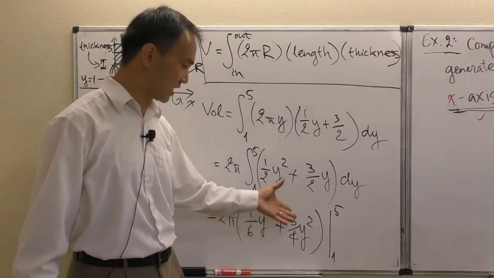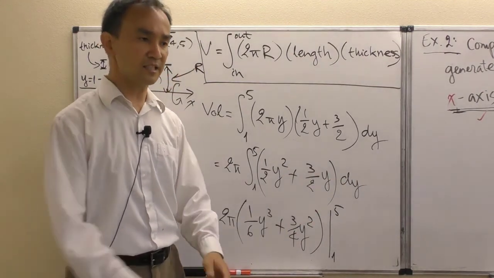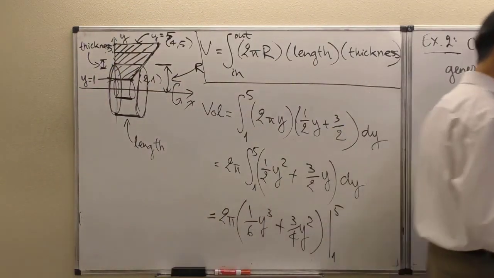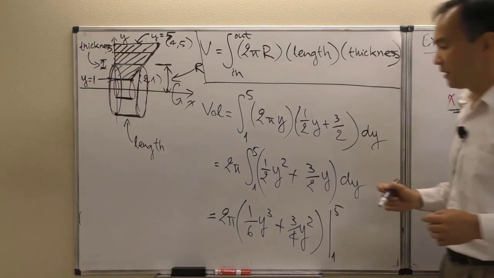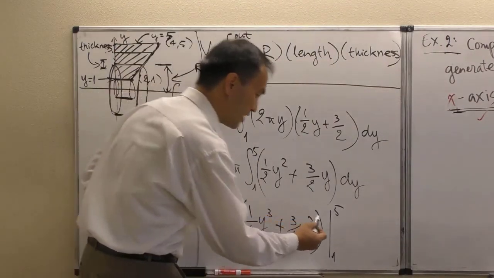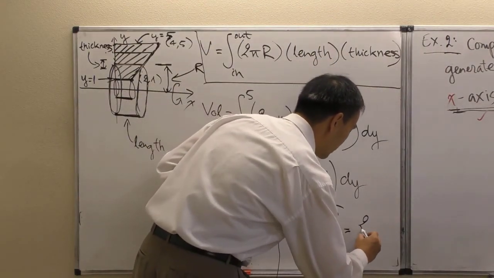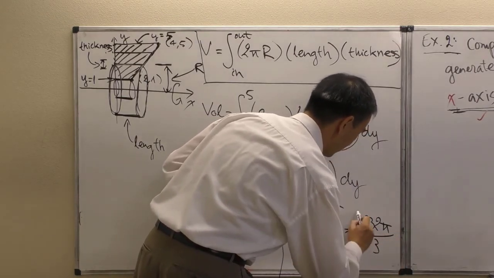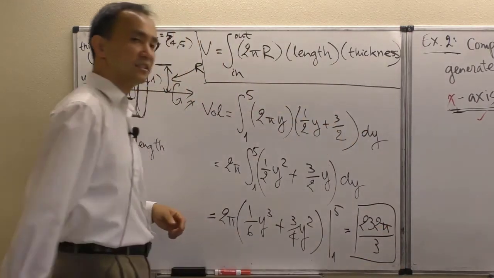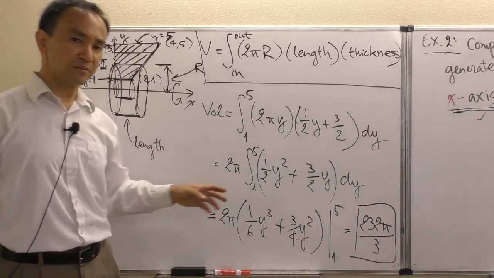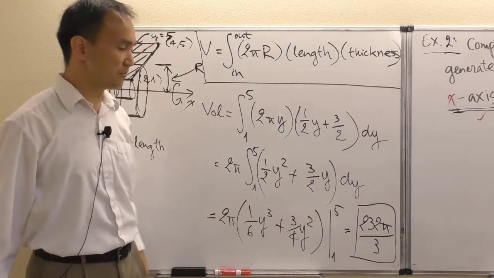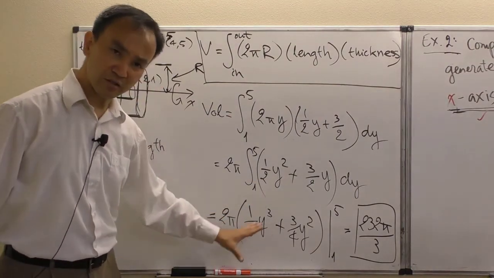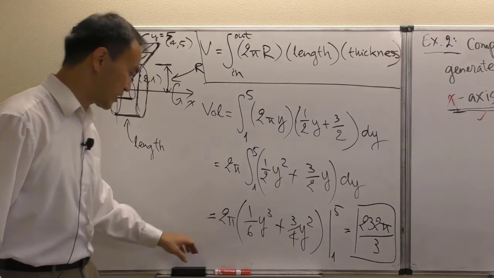I will express my final answer in exact expression. All right, so my answer came out to be 232 pi over 3. That's the answer that my computer at my desk station gave me right there. Okay, so the actual calculation based on the fundamental theorem of calculus is simply,